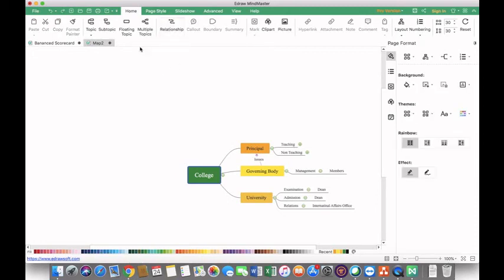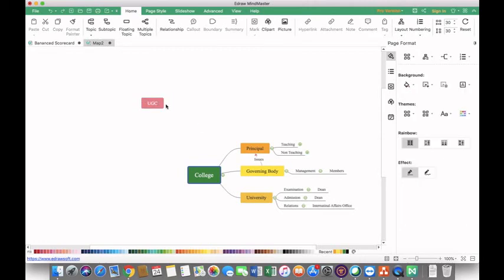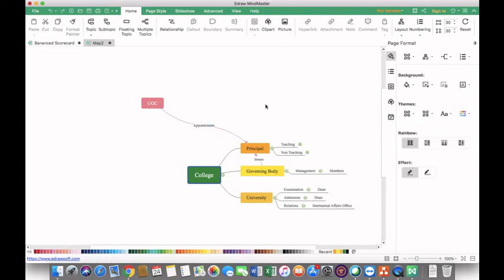Okay, and now if you wanted to show this thing as a floating topic, you can click on this and it will start showing you as a floating topic. So now a floating topic is here. Now this floating topic is a separate topic. We can write like UGC. Now this UGC has an impact on university as well as on college as well as on principal. So all types of appointments related to principals will be based on UGC notification. Okay, so here I'll write appointments. Also governs the university system.